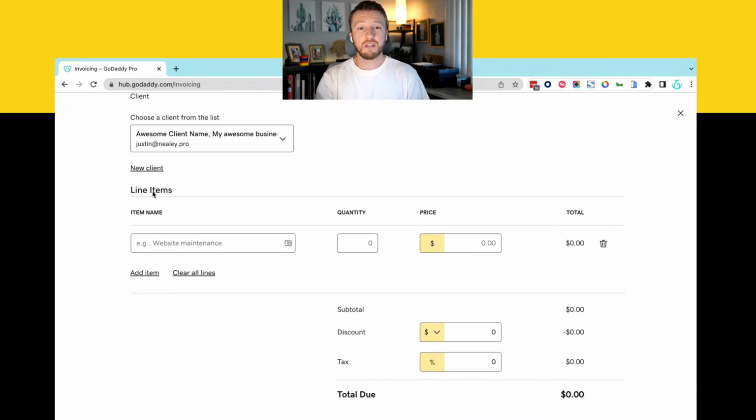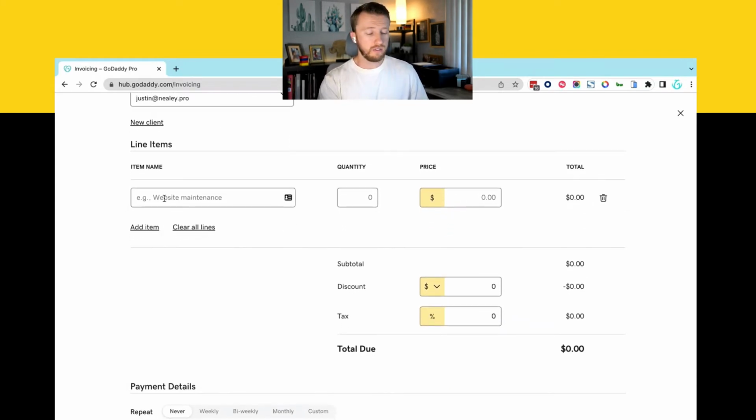Now you'll be presented with some options here. So the item name. So if you want to do web design services for this awesome website design or whatever you want to call it here. The quantity, if you maybe do hourly or if it's just by project, you can do it that way as well. Now, what I typically recommend when it comes to newer designers and developers with these different projects is